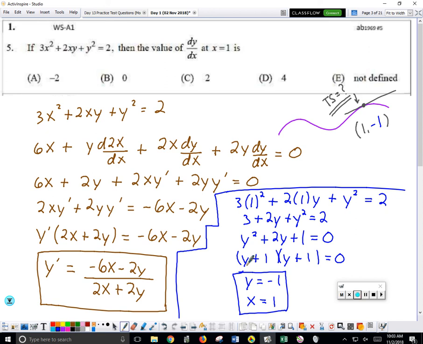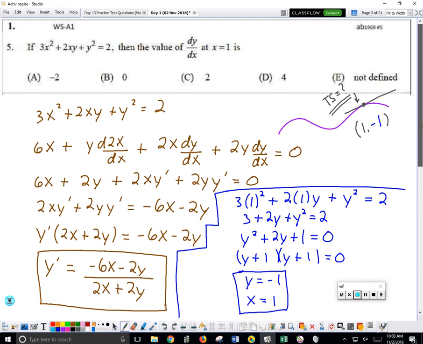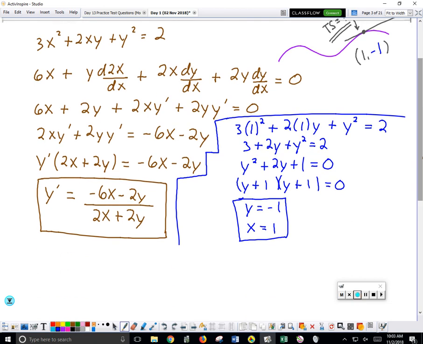Okay, last step is to plug it all in. Again, you want the extra credit for notation. I have to see this on your paper. And then finally, this one here: y prime when x is 1 and y is -1 is going to equal